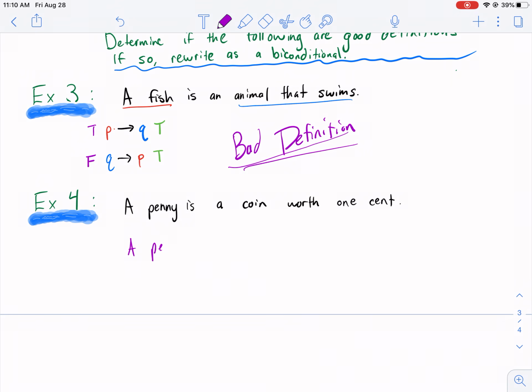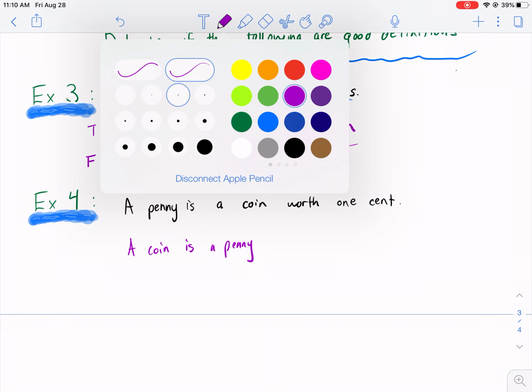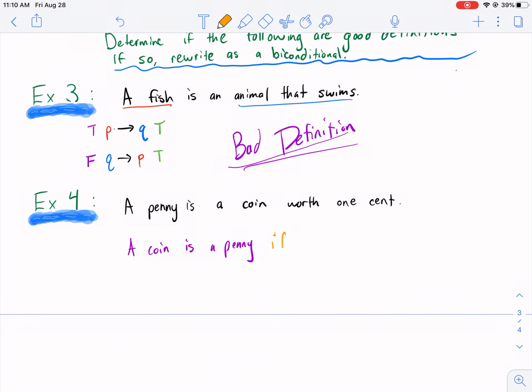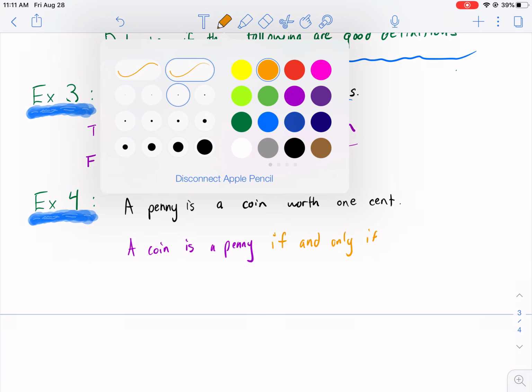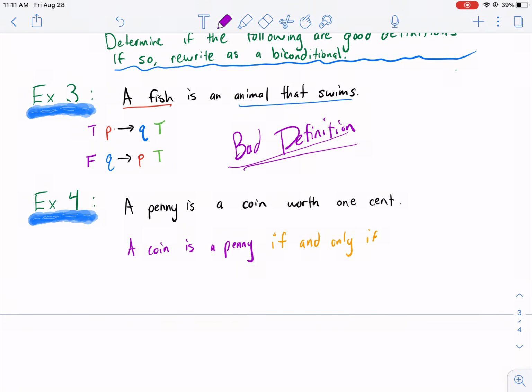A penny... how do I write this? A penny is a coin worth a penny. How about this? I got this. See, you got to kind of think about how to phrase this. A coin is a penny. There we go. If and only if. So I added some words here because otherwise it wouldn't have made sense. If and only if. And this time I'm going to remove words, so I shifted it around. It is worth 1 cent. Okay, so there's our